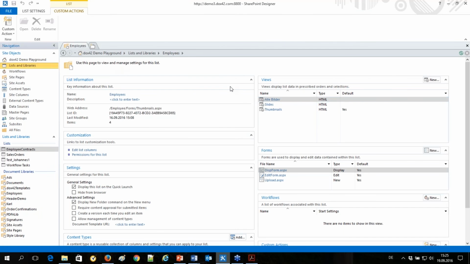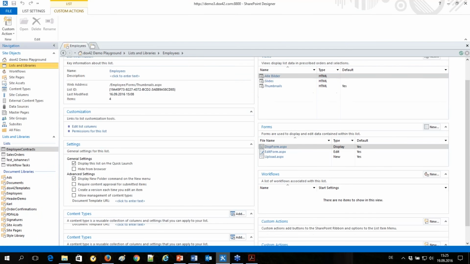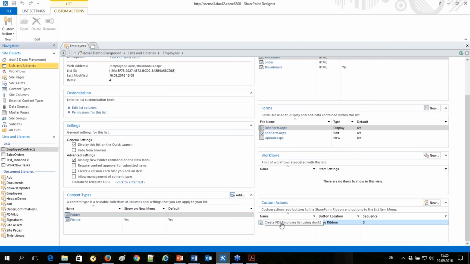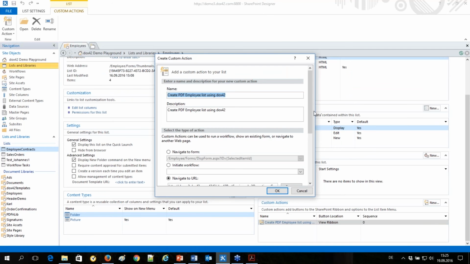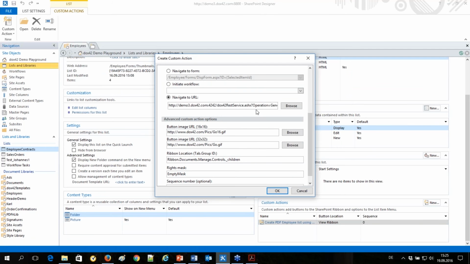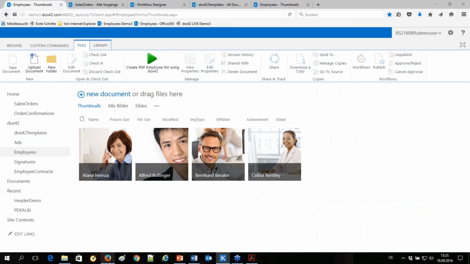So now you might say, okay, that was a very simple demo, right? Let's do a more complicated one. Let's bring in more complexity. We want to create an order template, and we want to link not only to SharePoint data, but to SAP data as well. And we want to have a workflow creating this document, sending emails, and we want to bring in some forms technology. So yeah, let's do it.